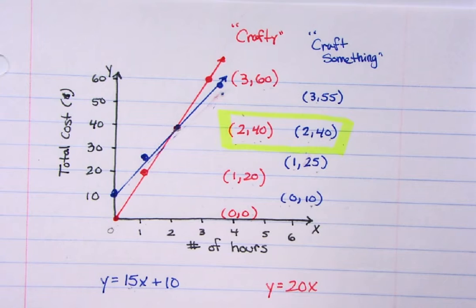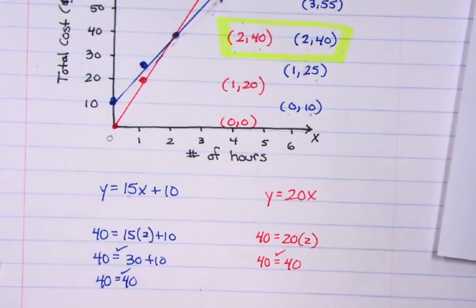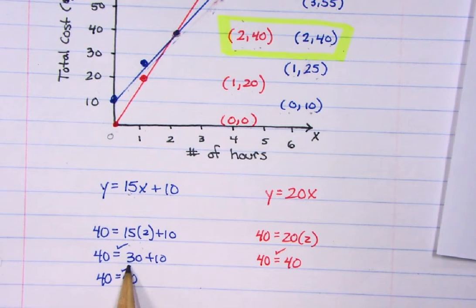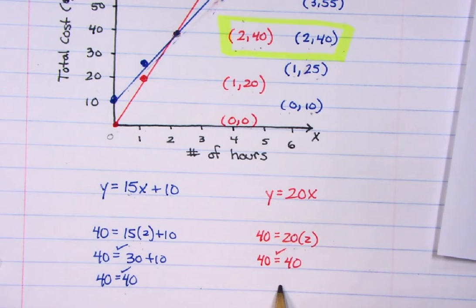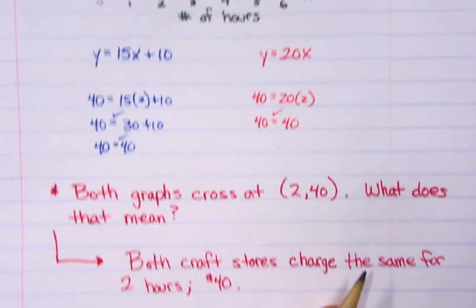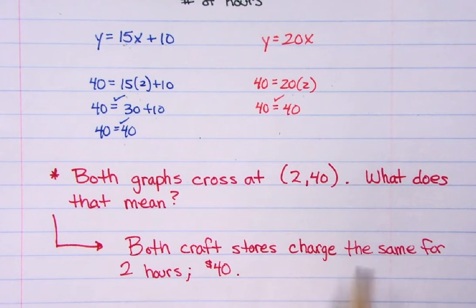After 2 hours, they're both going to charge you $40. I'm going to go ahead and just plug that in to show you. Look, 2 hours into this one, 2 times 15 plus 10 gives you 40. And of course, 2 times 20 is also 40. So what does this actually mean? This means that both graphs cross at this point, and it means that the stores charge the same amount of